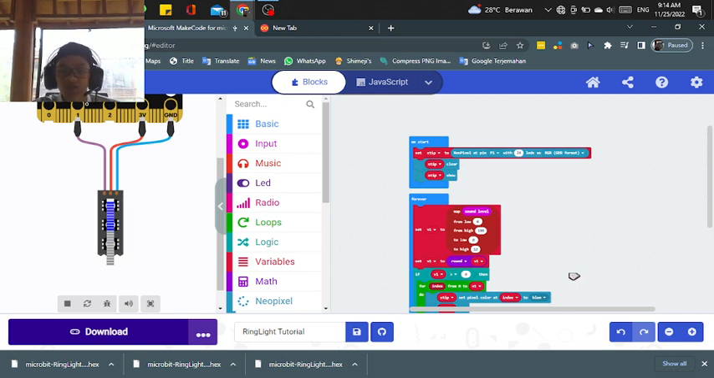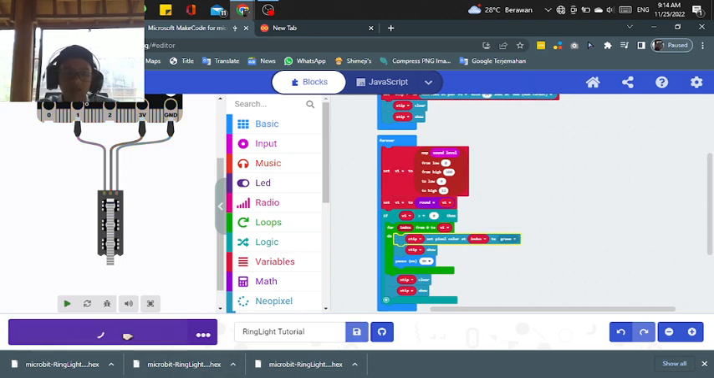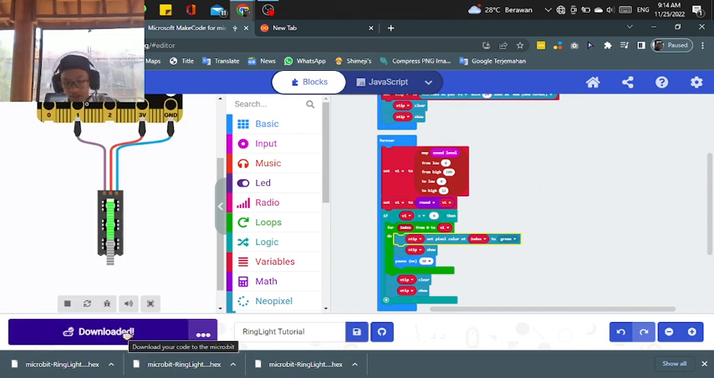You can try the other color like green. You try the green one. I like this one. Okay, green works too. Maybe you guys can choose your favorite color and then we'll make it this ring